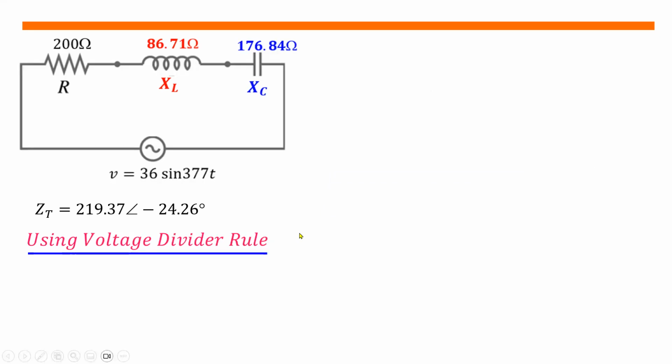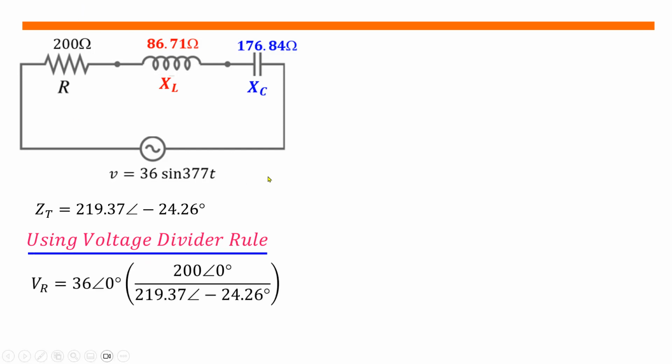So the second solution, or second method, or second approach that we can use to solve for the voltages across each component is using the voltage divider rule. So here, using the voltage divider rule to get the voltage across the resistor, that will be equal to 36 angle 0 degrees multiplied by the value of our resistance, which is 200 angle 0 degrees, all over the total